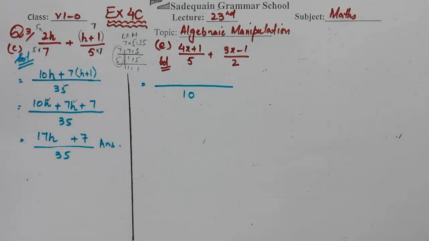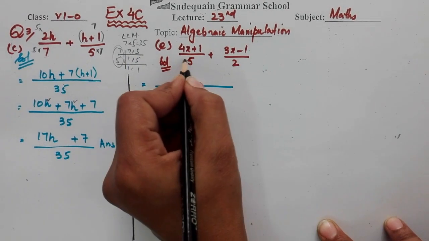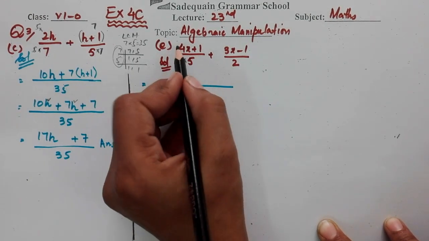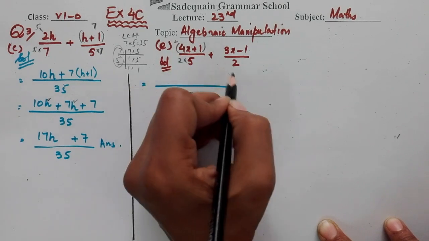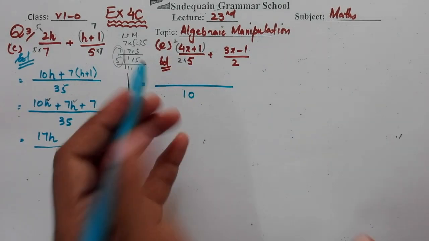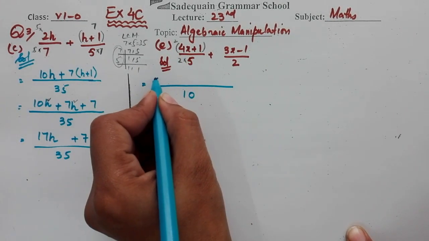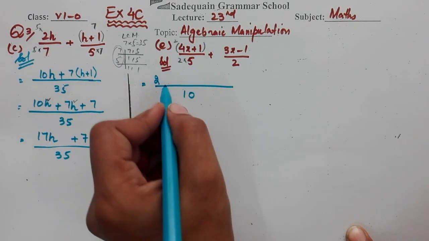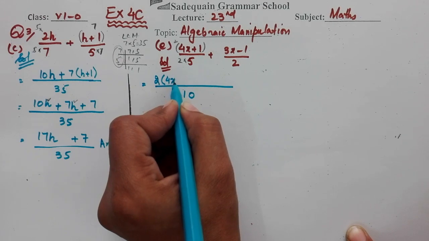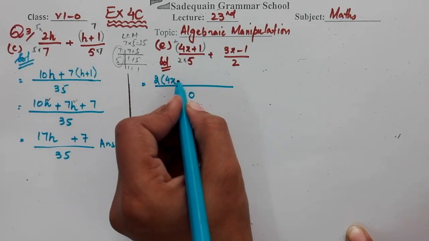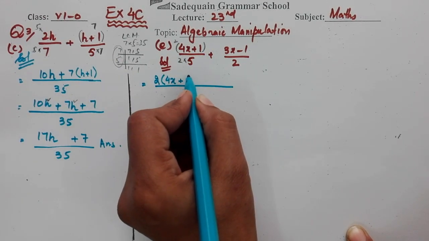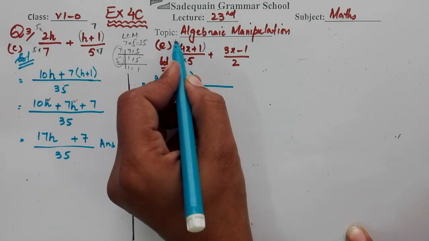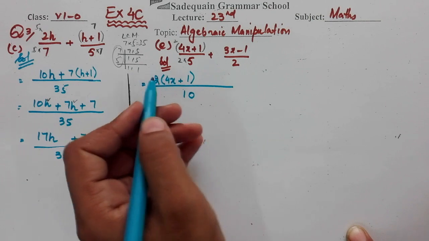Now here we have to make it 10. So 5 multiplied by 2. Once we multiply here, we also multiply with the numerator. You can write 2 multiplied by (4x plus 1). For your convenience, so there will be fewer chances of mistakes, write it within the bracket, don't multiply directly. But if you find it convenient or easier, you can multiply directly and write the answer like 2 4s are 8x and 2 1s are 2. That will also be correct.